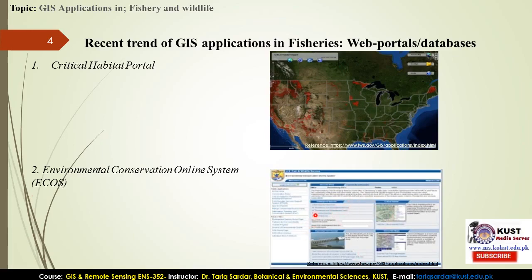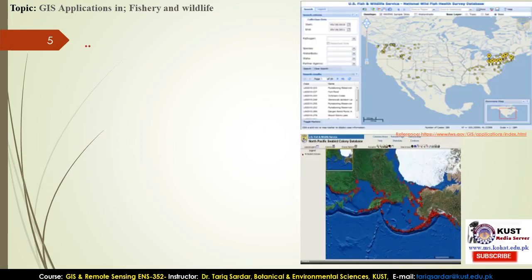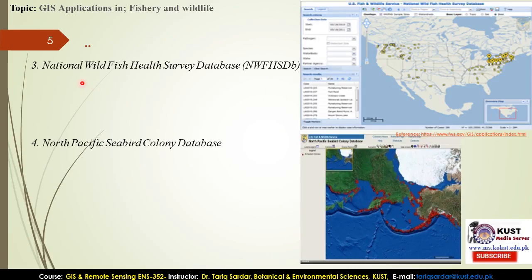You search for the related information of the fisheries and recent trends of the GIS that can be applied in fisheries, and you can also go for your own ideas to be implemented in the GIS application in the fisheries. The second last portal is about the National Wild Fish Health Survey database, that